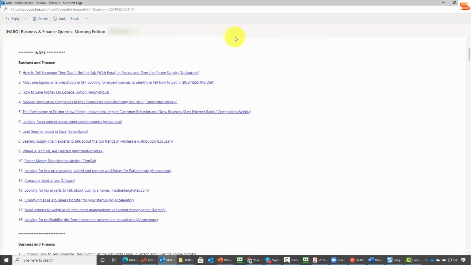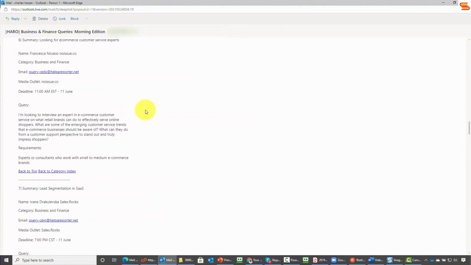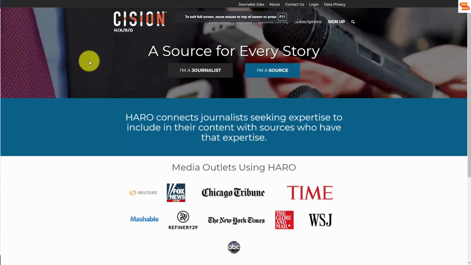And what you'll begin doing is monitoring HARO to determine if there is something in your area of expertise for you to answer as a source to the press. What you'll then do is to respond to the query with your qualifications and your pitch for their story. And this will give you an opportunity to appear in the press for your area of